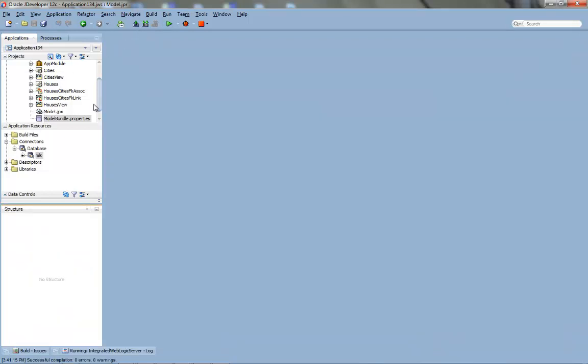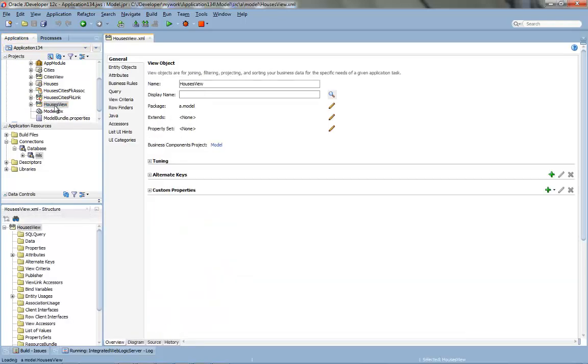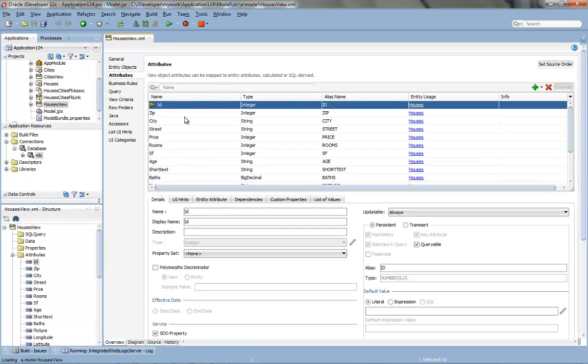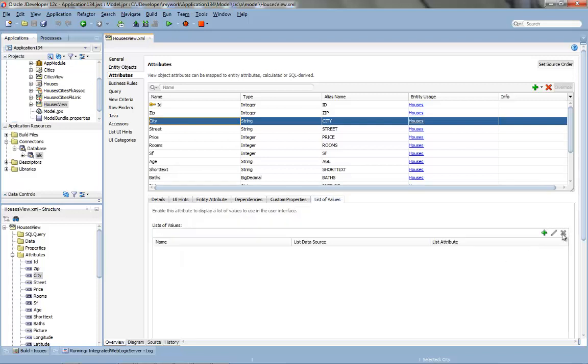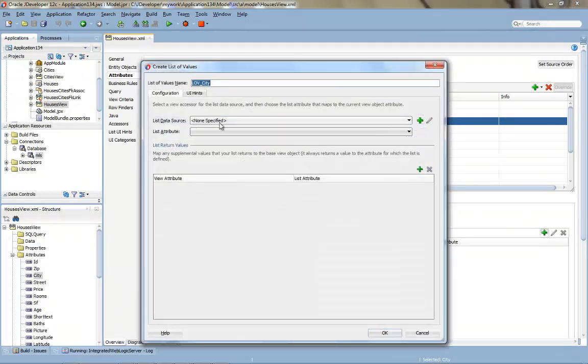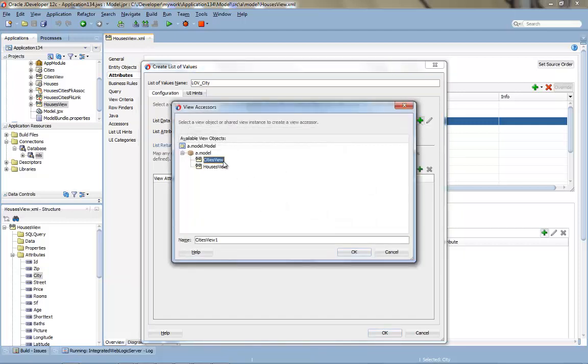Let's see another type of declarative operation relating to database relationship that you can do in ADF Business Components. If we look again at the house view, we'll see that there's one attribute here called the city. And the city might come from a list of cities that is provided in the cities table. So for this field, we can define that by default it will have a list of values. We'll define a new source for the list of values,